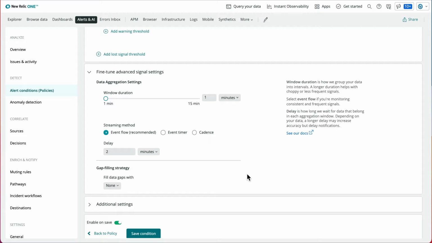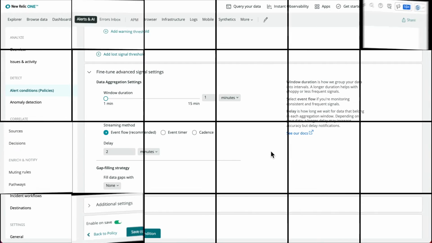In this streaming aggregation method, the aggregation delay accommodates the timestamp jitter that may be present in the data stream. Event Flow relies on data continuously flowing in to trigger the aggregation and evaluation of your data. If your data stops flowing in for any reason, the system will pause and wait for more data to arrive. If you do set an aggregation delay, the pipeline has to see a data point with a timestamp that is that much later than the end of the aggregation window.